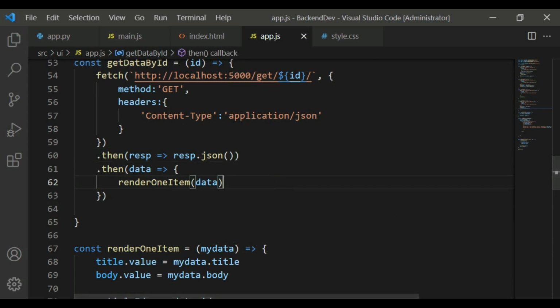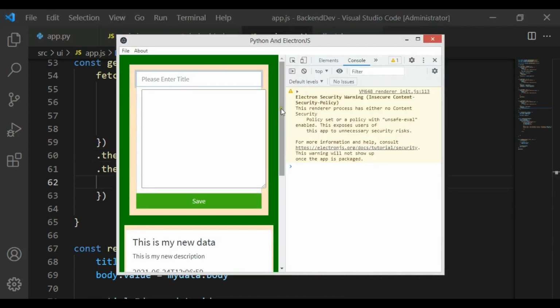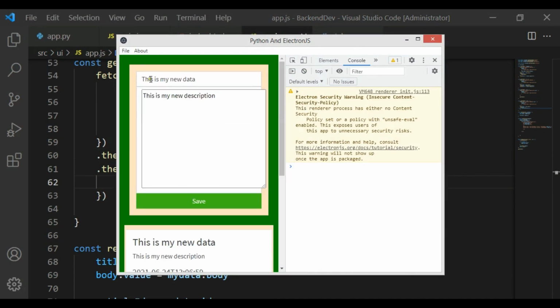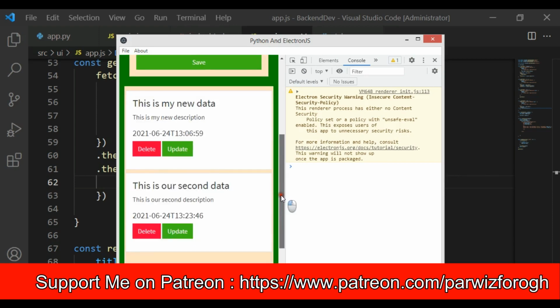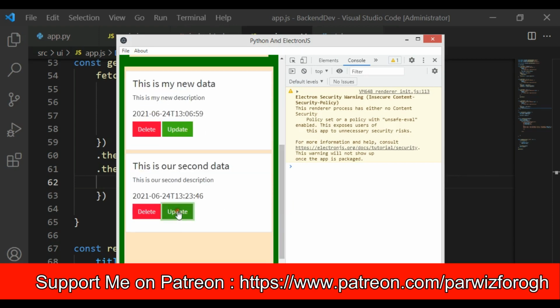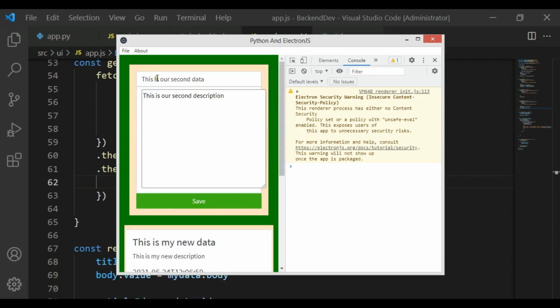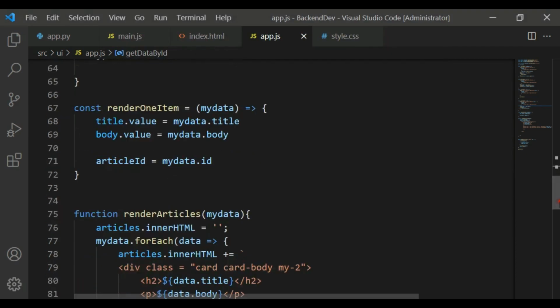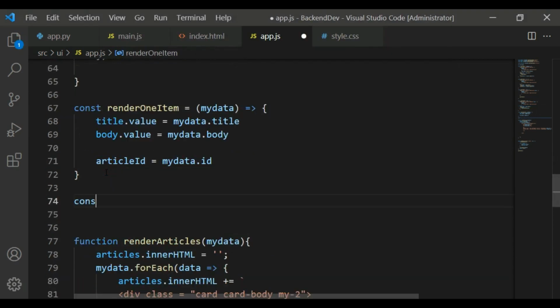So now if I save this and if I click on this, you can see this is my new data and this is my new description. If I click on the second update, you can see this is our second data and this is our second description. Now let's update our data, and in here I can just create const